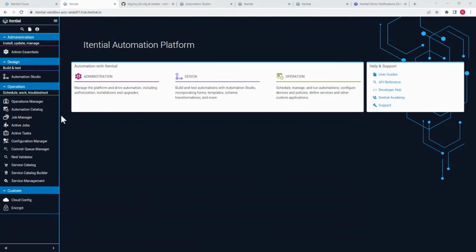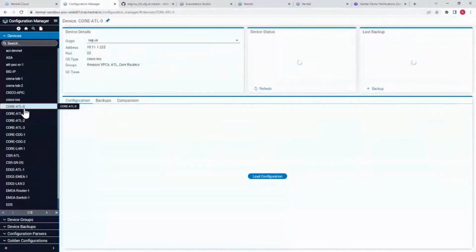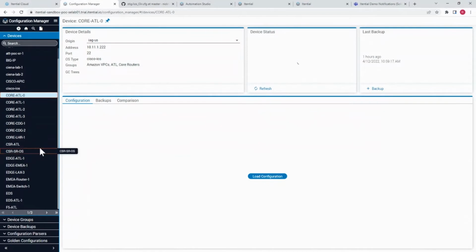So with that, let's start off in an area of our platform called Configuration Manager. Now, in Configuration Manager, we have an inventory of devices that are unknown and on the network that I have onboarded. We support multi-vendor, multi-domain. So I have Cisco IOS devices. We have Arista devices. We have Junos devices, and so could be legacy CLI, traditional CLI managed devices, or